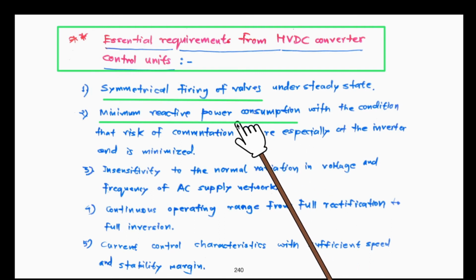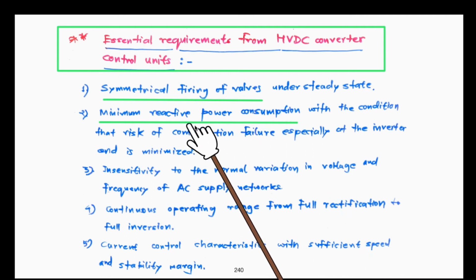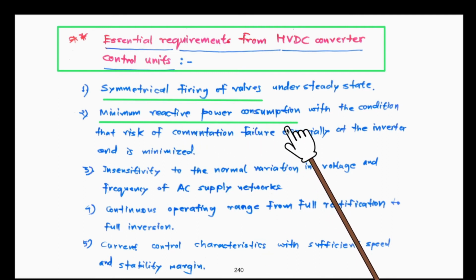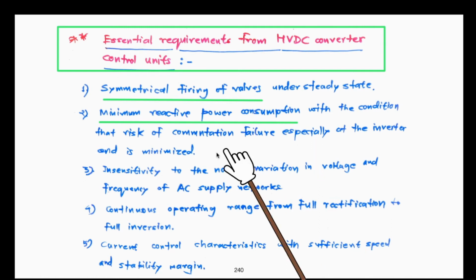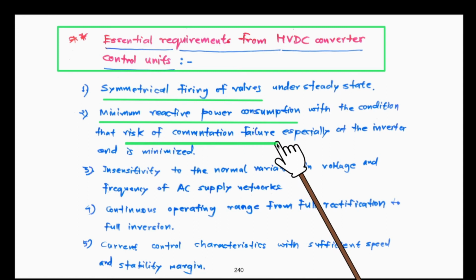Although the HVDC stations, the substations, provide local reactive power compensation techniques, still, to minimize its impact on the overall cost of the system, minimum reactive power consumption should take place. And while we are minimizing the reactive power consumption, at the same time we should realize that there should not be commutation failure risk. Commutation failure is a type of converter fault that we are going to study later in the chapter